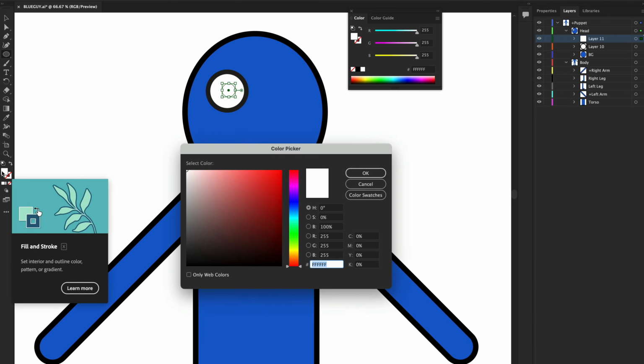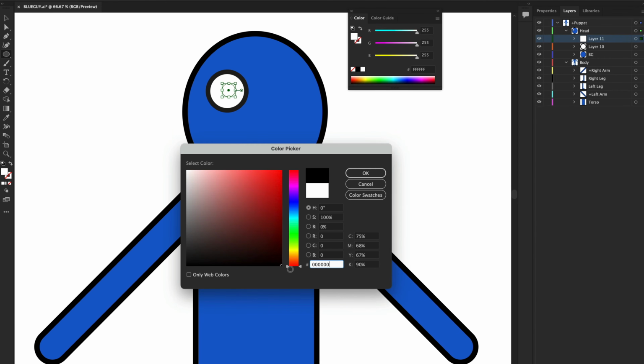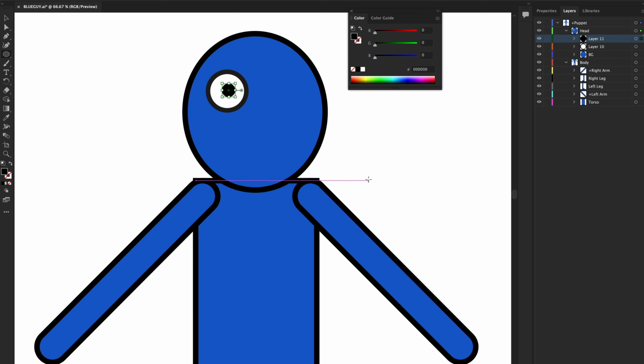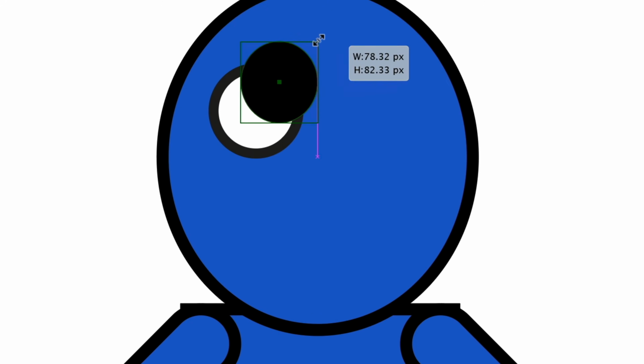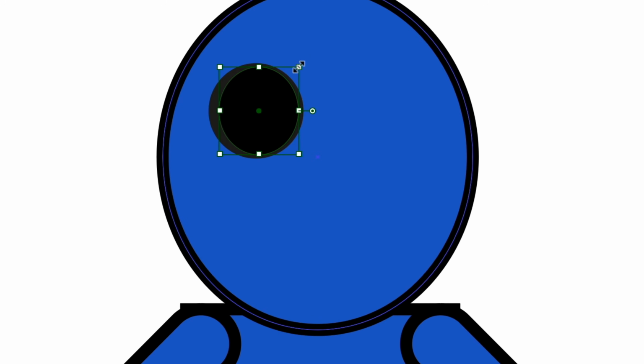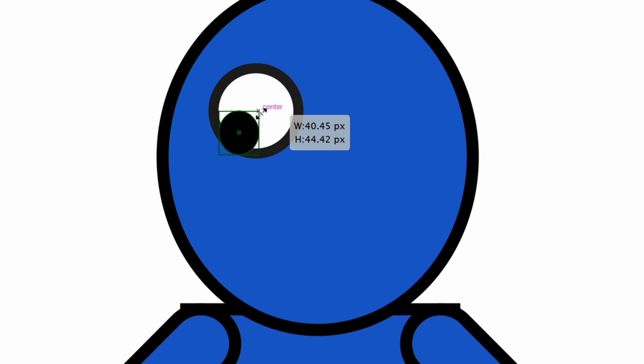And instead, I can just double click and then make this pupil whatever color I want. I'm just going to make it black so it's really easy for us to see. But of course, you could do it whatever color you want. Now, in general, you want your pupil to be smaller than your eyeball, right? So I don't want my pupil to be so big like this because then the way that this works is